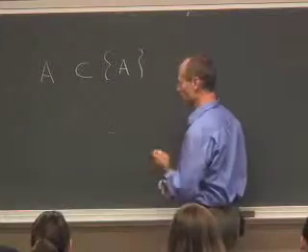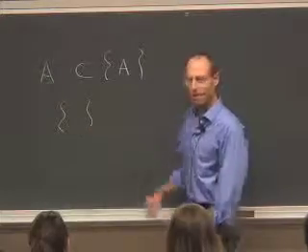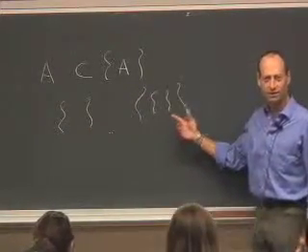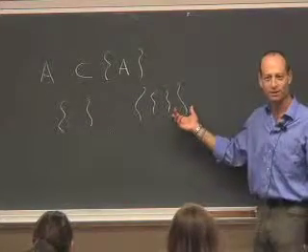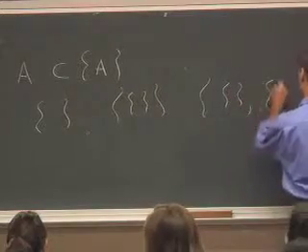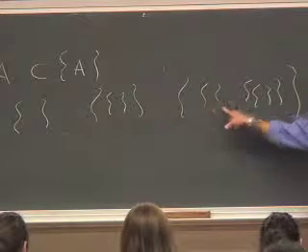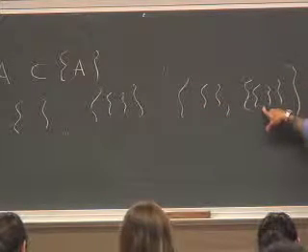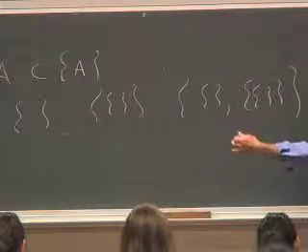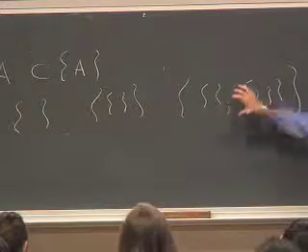So in this Russell-Whitehead notion of building up mathematics out of the empty set, this is an empty bag. This is a bag that has an empty bag in it, right? There's something in it, an empty bag. This set is a bag that has in it an empty bag, and then a bag that has inside it an empty bag, right? So this is two bags. This is one bag inside another bag, right?